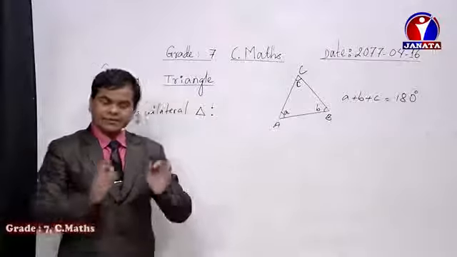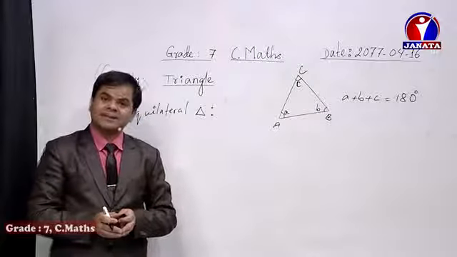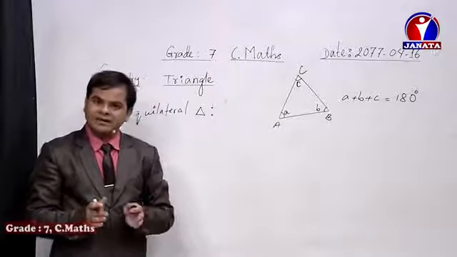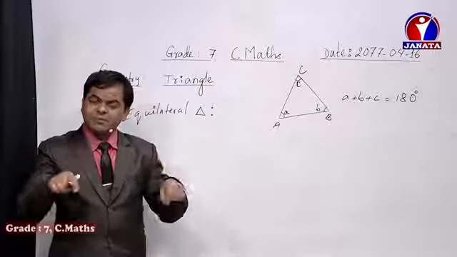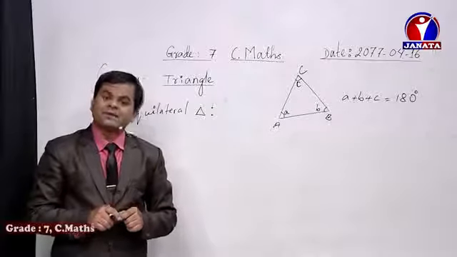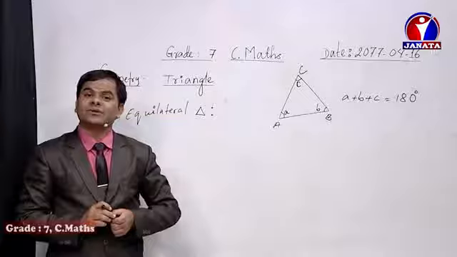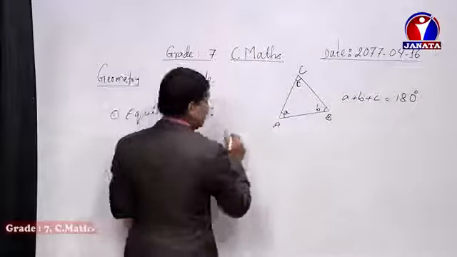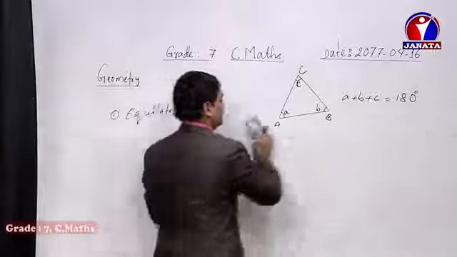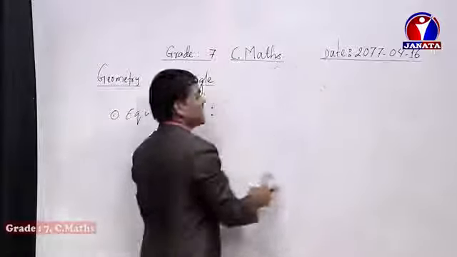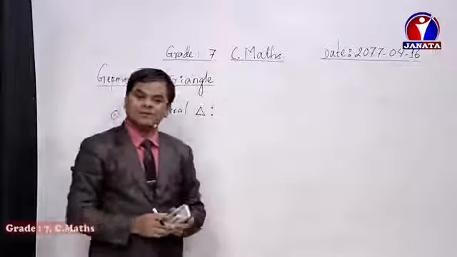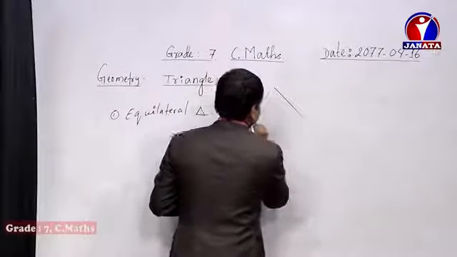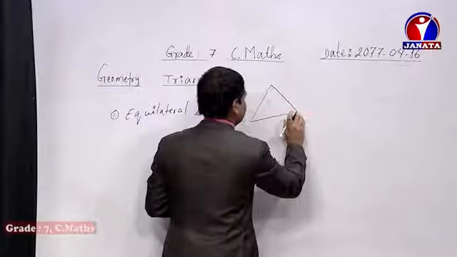That means there will be three sides in each and every triangle, isn't it? And if those three sides are equal, and the angles made by those three sides are equal, that type of triangle is known as an equilateral triangle. Dear student, I am going to make one here. But anyhow, whatever the type of triangle, the sum of the angles of the triangle becomes 180 degrees.